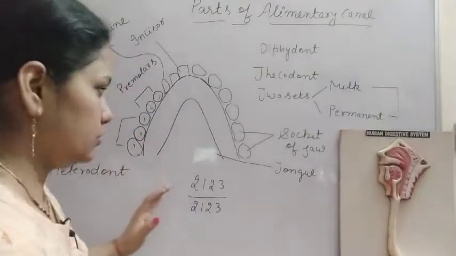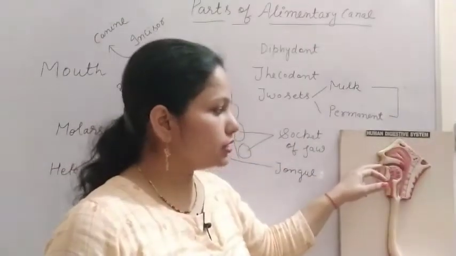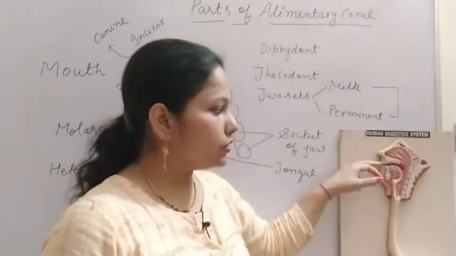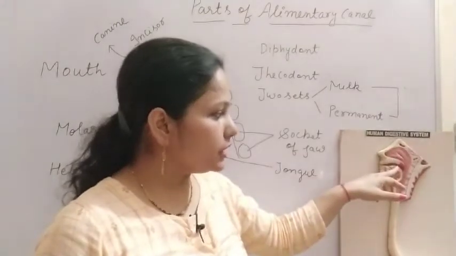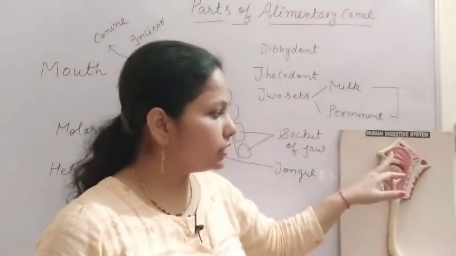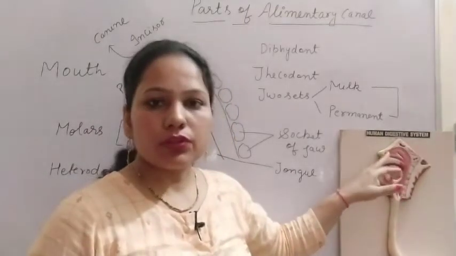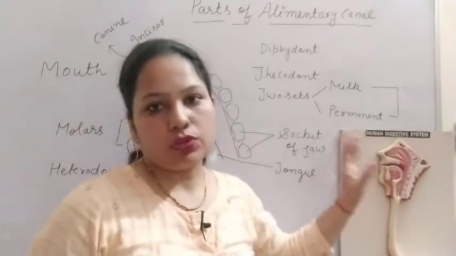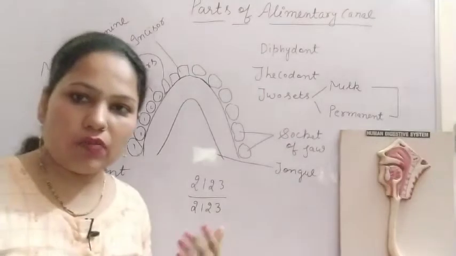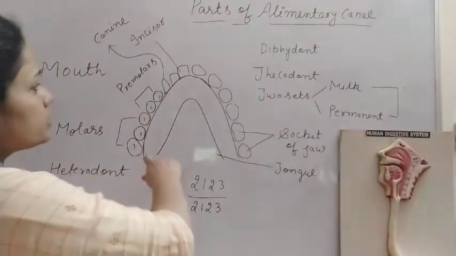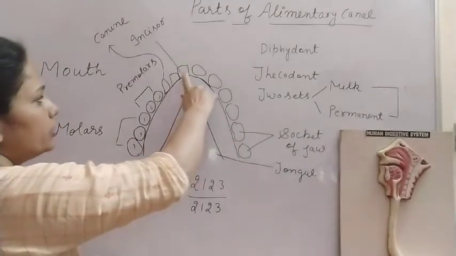So this mouth is the transverse opening bounded by lips, and the mouth opens into the oral cavity, and in the oral cavity there are different types of teeth present, and also a large muscular tongue that has the taste buds. So firstly, try to understand the different types of teeth present in our mouth. This is the diagram of our mouth and you can see different types of teeth.